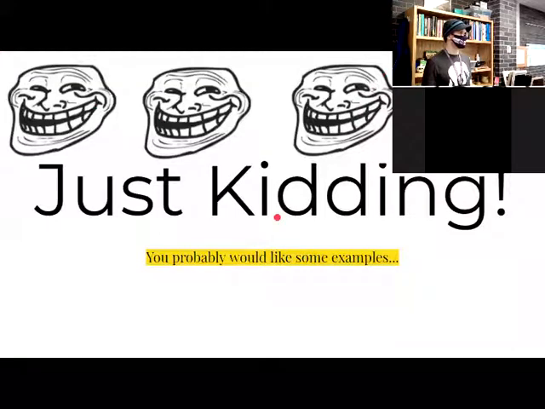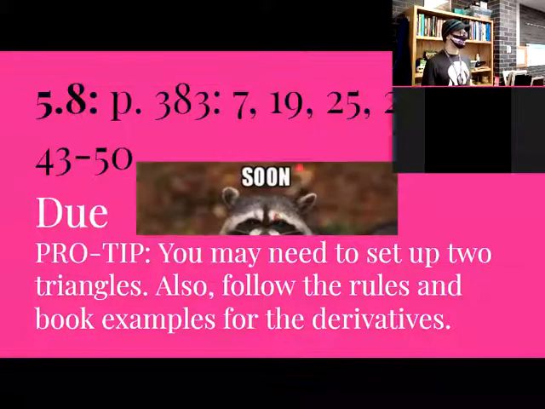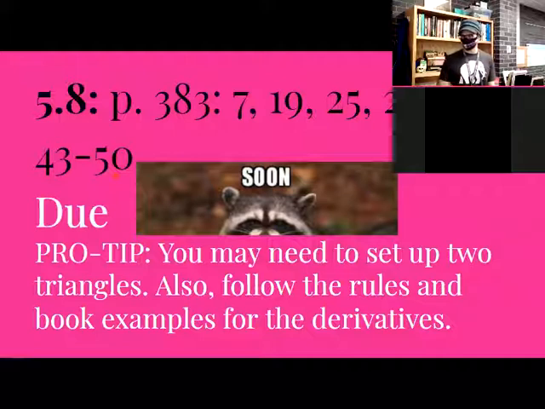Do I have examples? Nope, I didn't. We basically went through the examples for 7 through 41. For 43 to 50, there's a bunch of examples in the book, but I'll gladly spend time and still talk about things with you. So